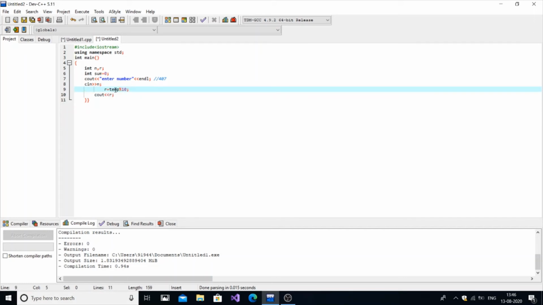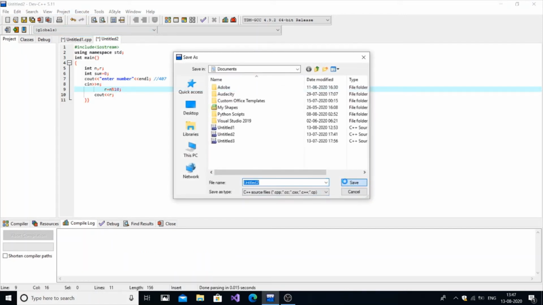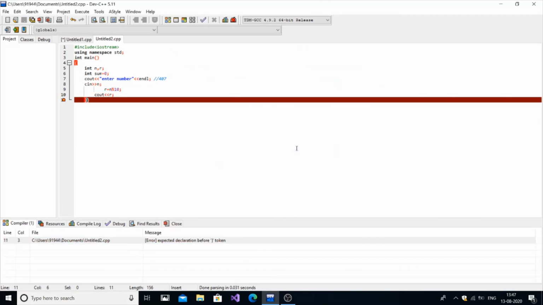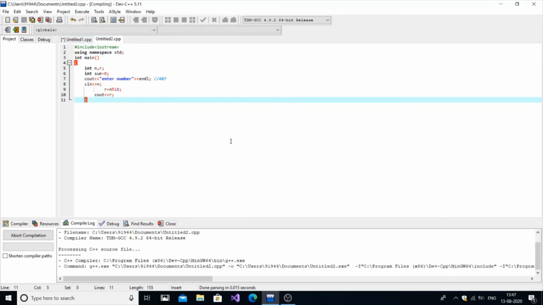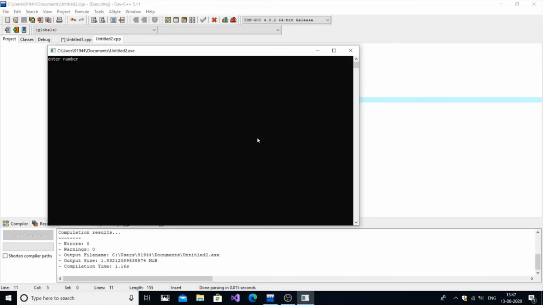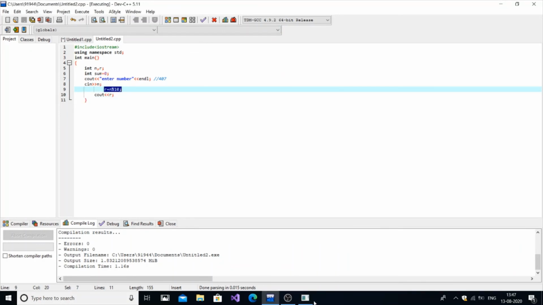I am showing what will happen if the temp value is less than 10. It will return the same number. Let's just run it: compile and run. Enter number 5, and the output is 5. So we can clearly say if a number is less than 10, the modulus operator returns the same number.